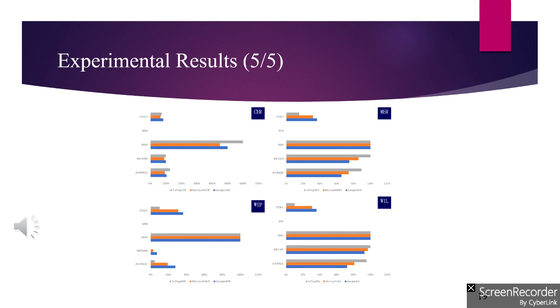Each of the three speech models, Google, Microsoft, and Yating, has its own advantages. Google performs better in MER, WIP, and WIL, while Microsoft performs better in CER. However, these speech data only represent the results of this evaluation. In reality, the speech recognition performance of the models may vary depending on the situation.